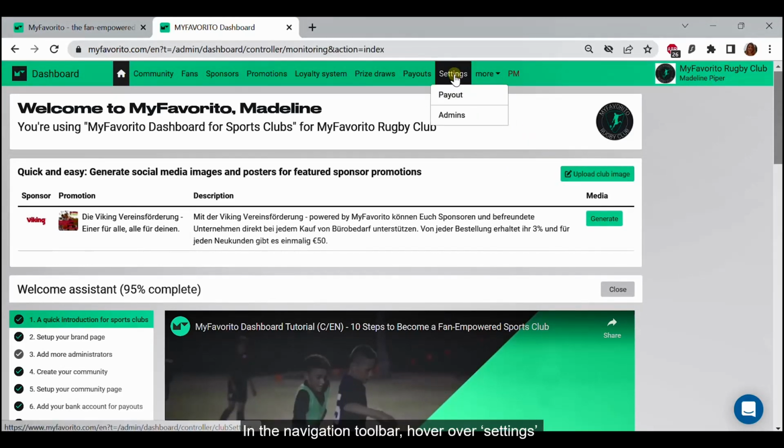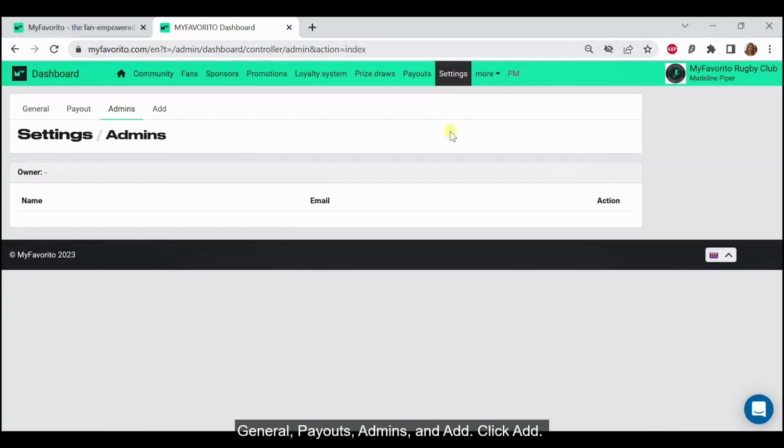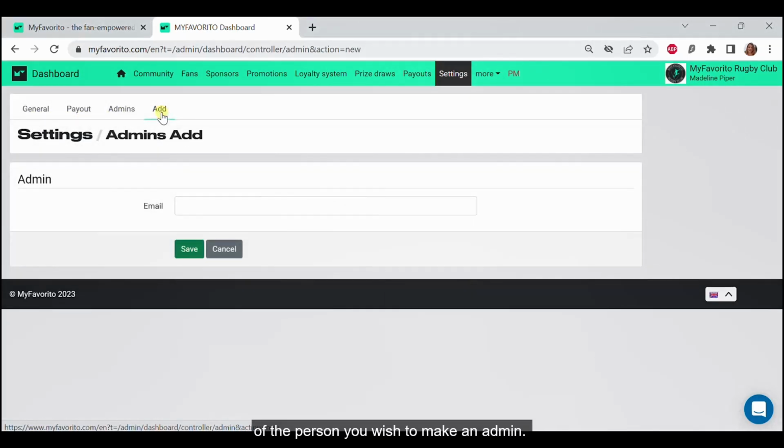In the navigation toolbar, hover over Settings and click Admins from the drop-down menu. At the top of the page, you will see 4 tabs: General, Payouts, Admins, and Add. Click Add. Now all you have to do is enter the email address of the person you wish to make